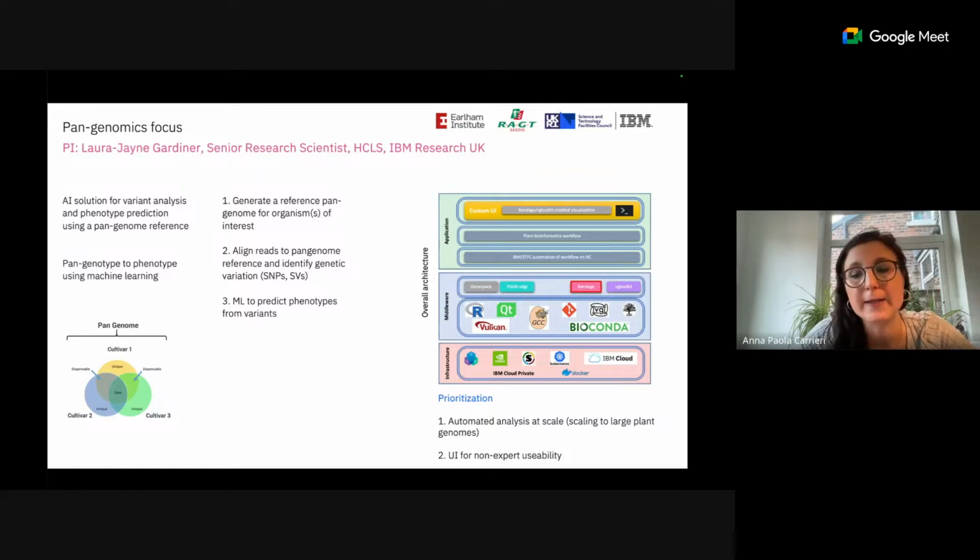But having said that, for the machine learning part of it, at the moment we are using traditional machine learning, but one can think of using, again, biomedical foundation models to do the same task. So predicting phenotypes from SNPs. You can use traditional machine learning, or you could potentially use biomedical foundation models. But at the moment, this project is more on the software engineering side, and we're just using traditional machine learning to start with, because it's complex enough.